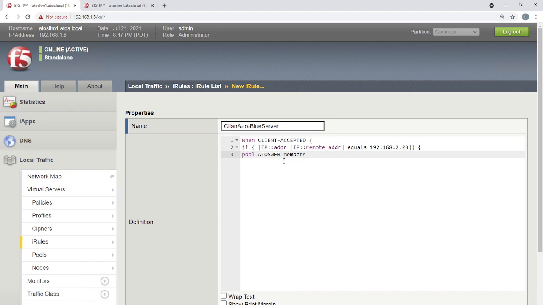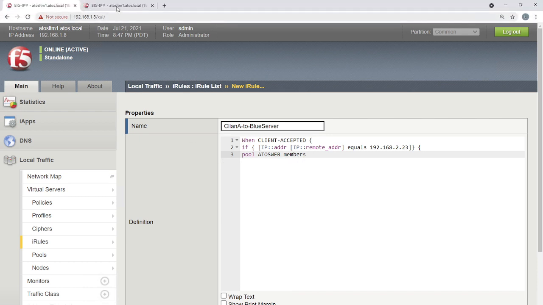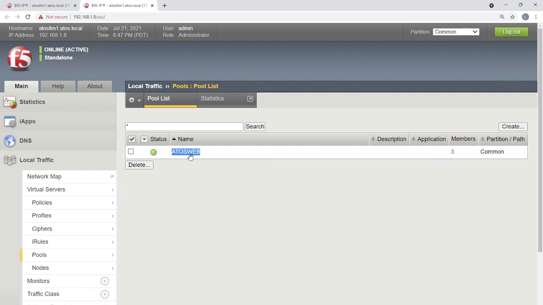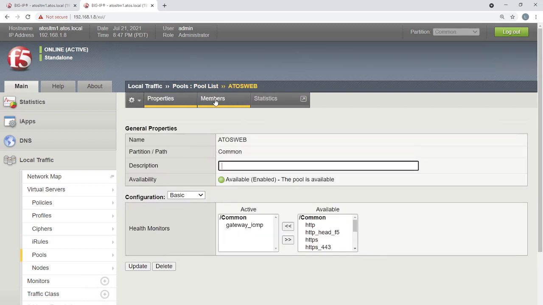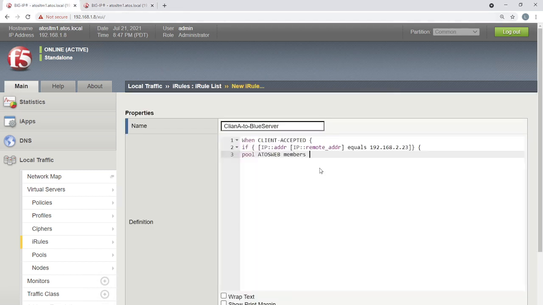Which member am I going to be referring? The blue server member. What is the blue server member's IP address? It is 10.1.1.11. Let me redirect to 10.1.1.11 on port number 80.